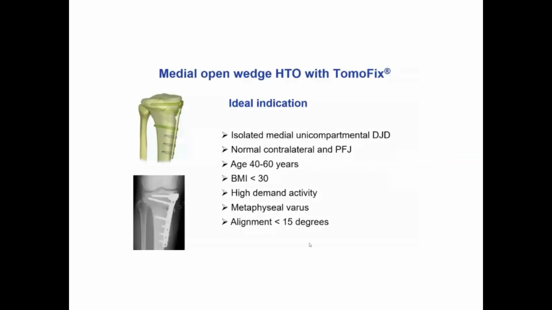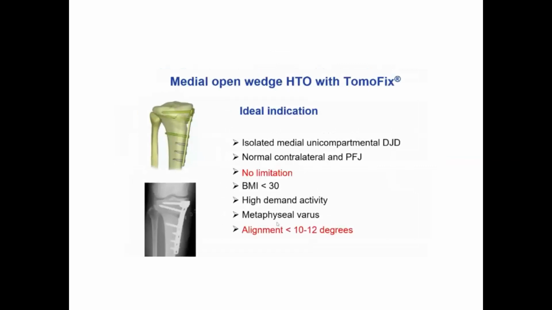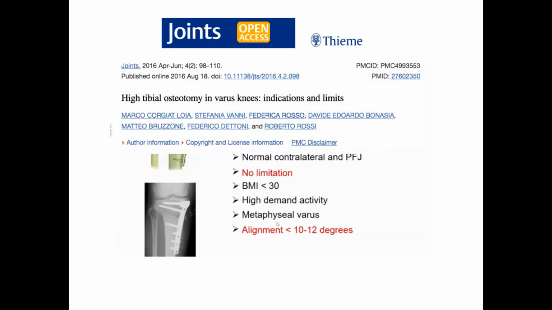According to medial open wedge tibial osteotomy, the indication is isolated medial unicompartmental osteoarthritis with a normal contralateral and femoral joint, no femoral joint osteoarthritis. Age is 40 to 60 years, BMI is less than 30, high demand activity, and metaphyseal varus alignment should be less than 15 degrees. Later they said there is no limit in age, and alignment should be less than 10 to 12 degrees for this patient. And a study by Marco regarding this